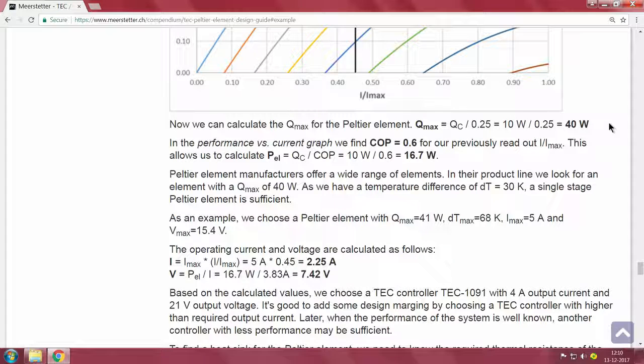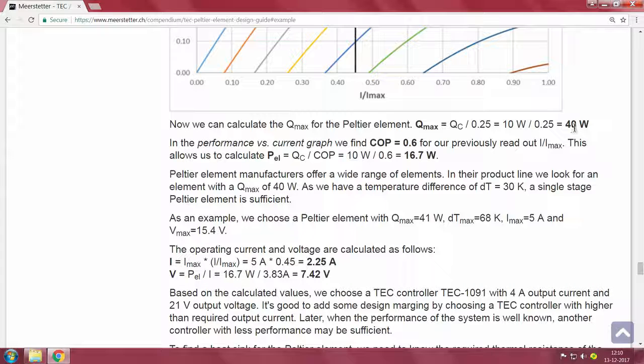Taking an element which is higher is a very prudent way of working. Anything higher than this will be much better. Even if it is 50 or 60 or 70 watts, it is way better than just taking something which is a little lower, because in the end you may end up with wrongly sized components, and then we end up having to come back here and work with it more and more. So, typically I will stick to this 0.25 and I will stick to this 40 watts.